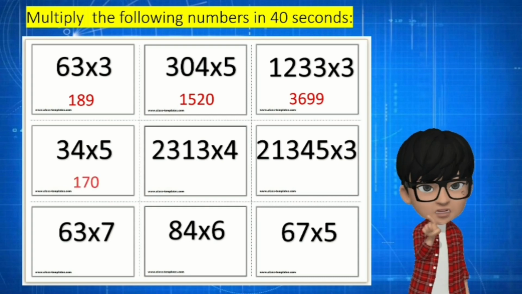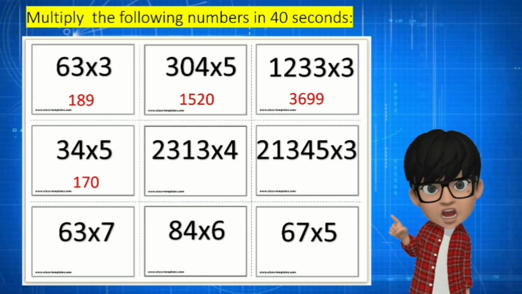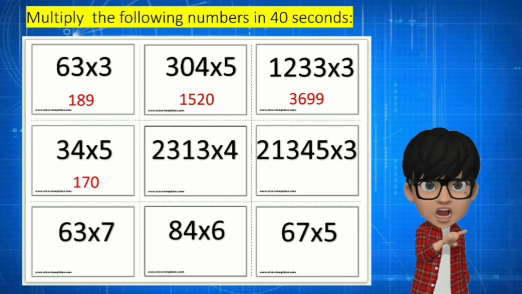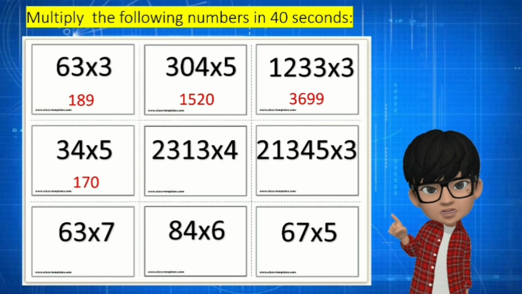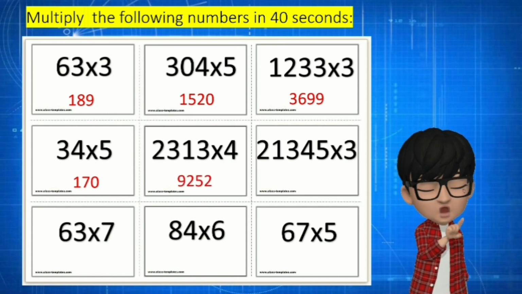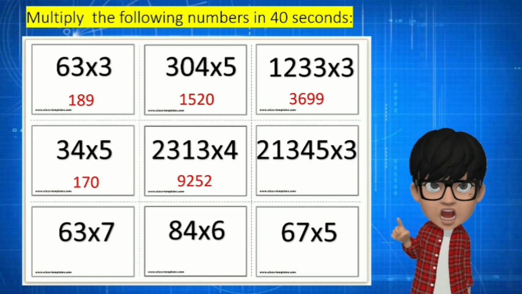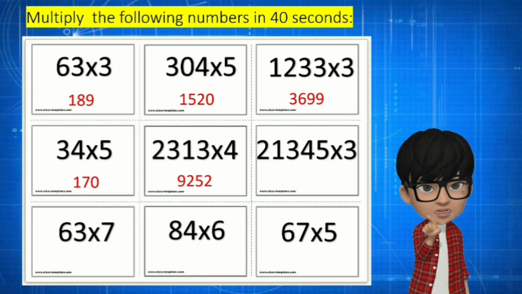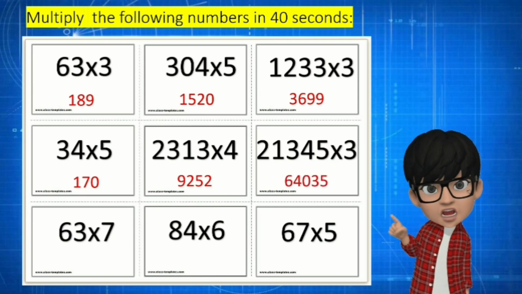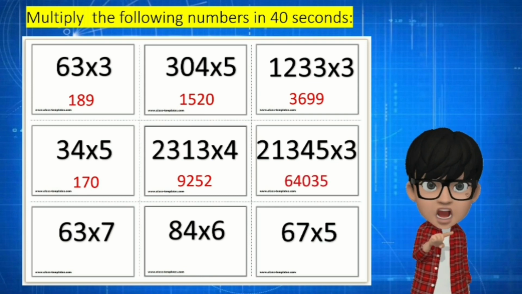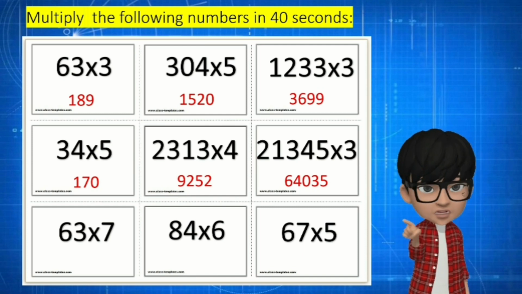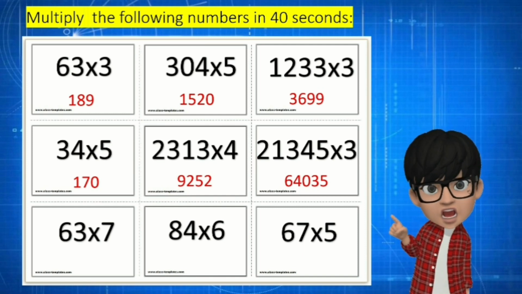The product is 170. For question number 5, we have 2,313 times 4. The product is 9,252. For question number 6, we have 21,345 times 3. The product is 64,035. For number 7, we have 63 times 7. The product is